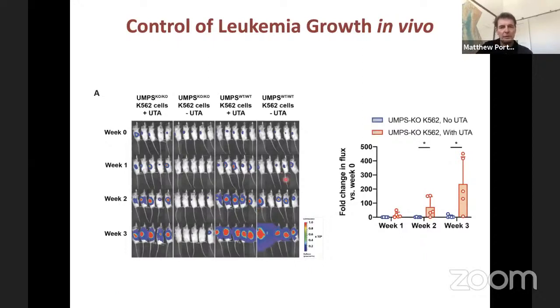So the first example is to take a leukemia cell line, make it UMPS knocked out, and grow it either with or without uridine triacetate in the chow. You can see without uridine triacetate, the leukemia doesn't develop. With uridine triacetate, the leukemia develops. And then if you withdraw uridine from the diet, what you see is that the leukemias will melt away. So it gives a proof of concept that one can control a leukemic transformation by metabolically being able to control